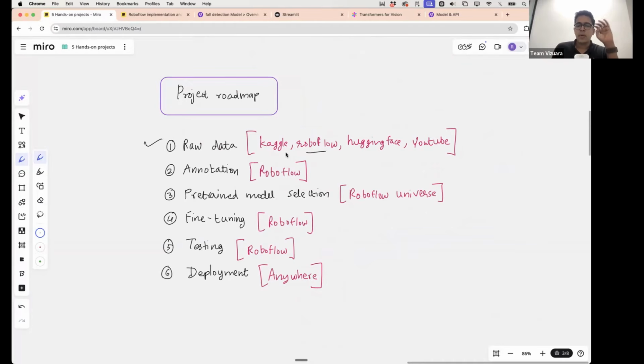The good thing is in Roboflow and Kaggle, you will find annotated data. In Hugging Face also, you will find annotated data sets. Whatever you get from YouTube will be raw. There will be no annotation. But if it is not annotated data, you can use Roboflow to do the annotation. If it is already annotated data, you can directly upload it to Roboflow and it will automatically recognize the